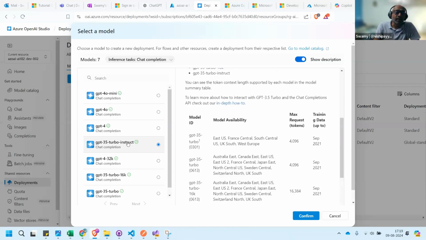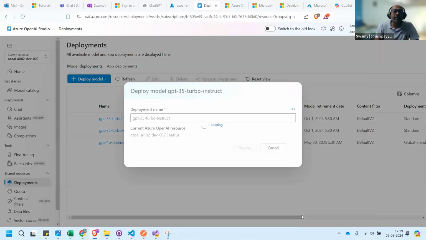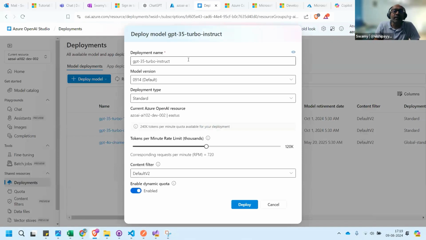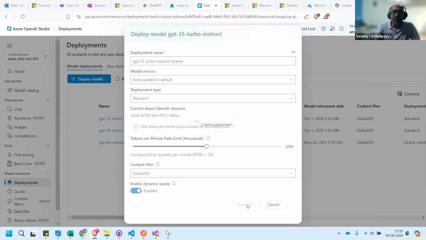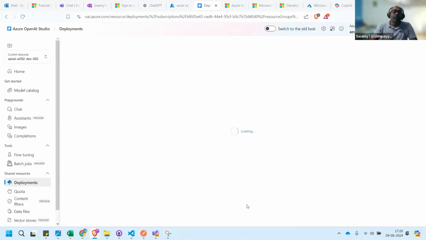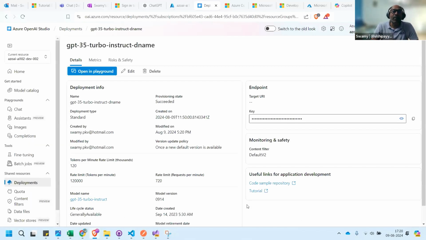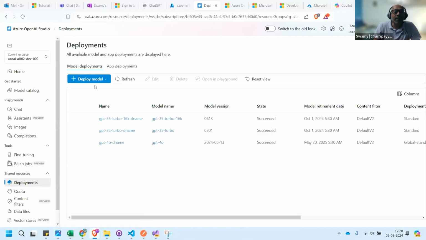Okay, I think I'll get this up and running. I don't have GPT Turbo 3. Let's create it. In the meanwhile, at the end, we can come back and see how it goes. Okay, it is defaulting to this. I'll say auto default. So deployment is standard. I'll use this. Let's deploy it. By the time it is up and running and getting warmed up, we can come back and see. So right now, we have quite a few things.